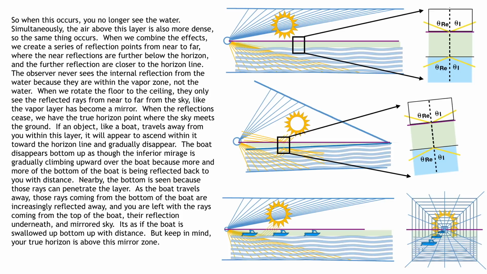So again, from our orthographic view, we're going to rotate the ceiling and floor to meet at the vanishing point like we've done in our previous examples. And you can see I've drawn out some of the rays as to how they're acting within the black rectangle within that middle diagram. I've rotated this segment there on the right